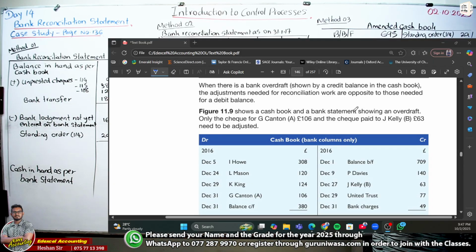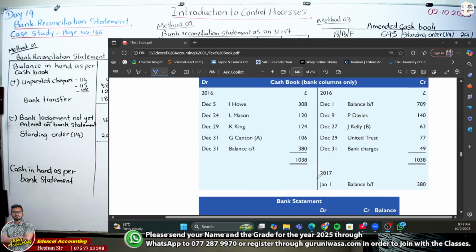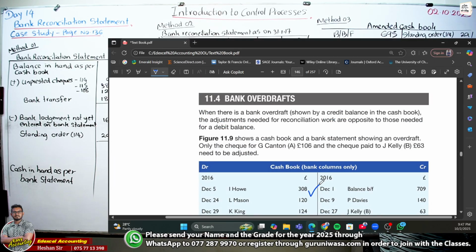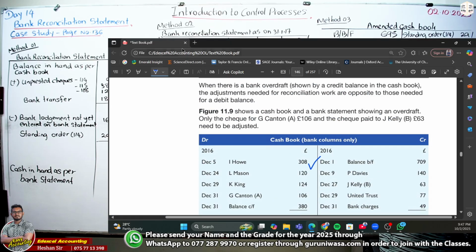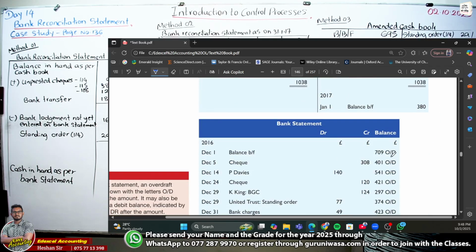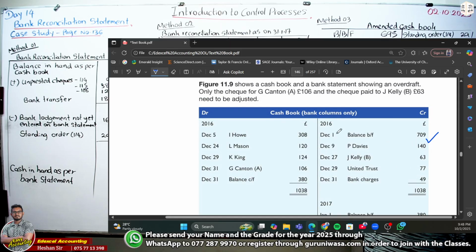Now you can see in here, these are the things to be adjusted. Now the balances are not. You can see the opening balance is correct. Just see the opening balance: cash book bank column credit side 700. Put a correction mark. Cash book bank column credit side 700, bank statement 700. Then see the other things, compare debit with credit. 308 here,